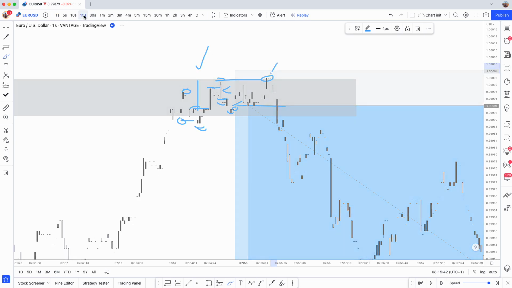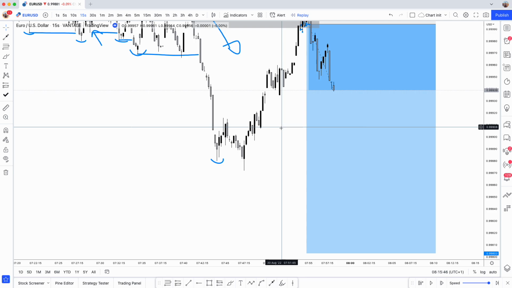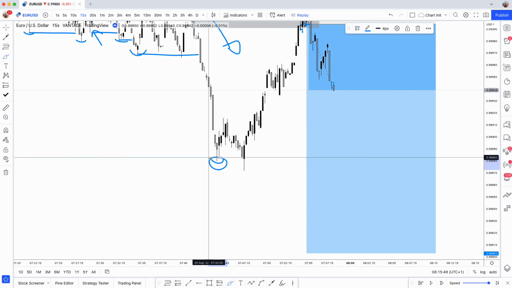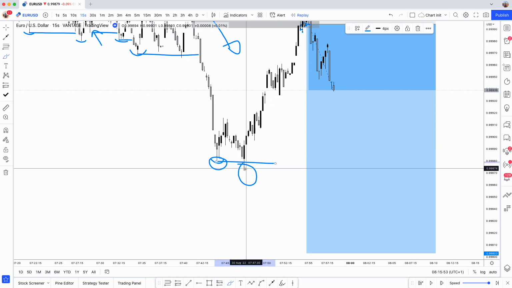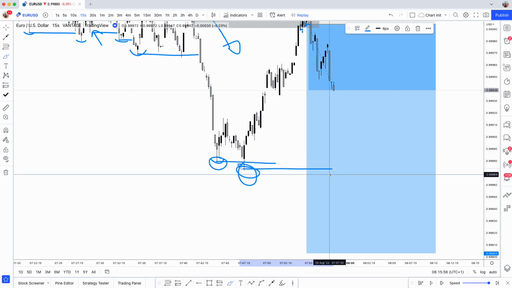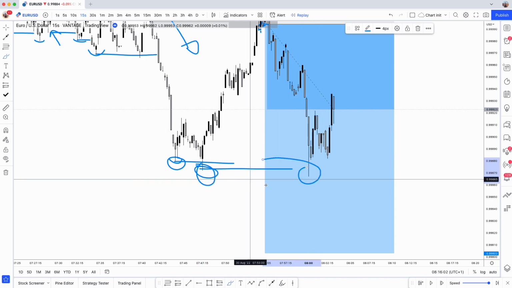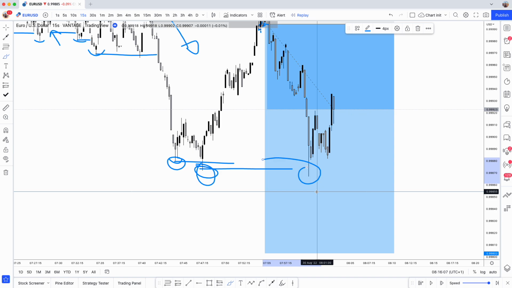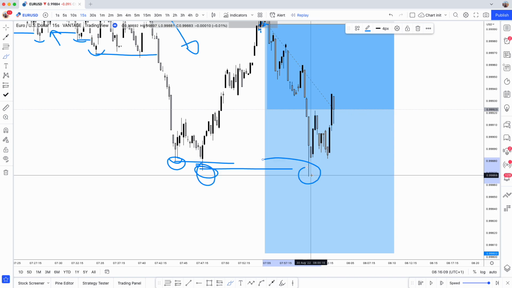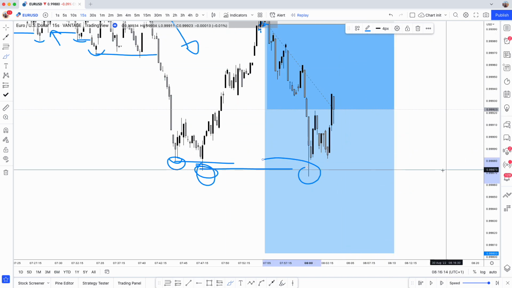Now the reason why I didn't take my 5R at 10R this time is because this was the range low that needed to be taken out. Sorry, there's this one. The 15-second low was obviously here, but I targeted this low, which was 12R, and then I took my partial, purely because it just made sense where price needed to go. As soon as it tapped, I took partial out, so it's just a little bit under 6R to be fair, because I took it out slightly higher, and then obviously I'm continuing to hold.